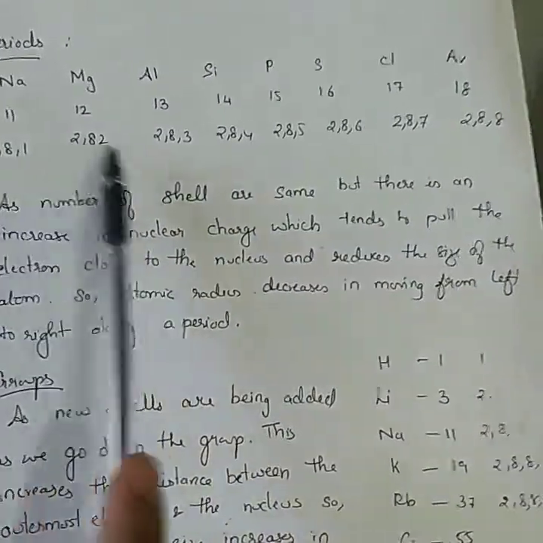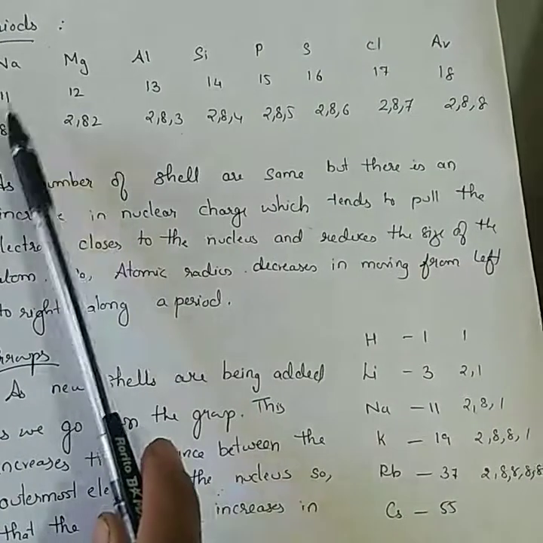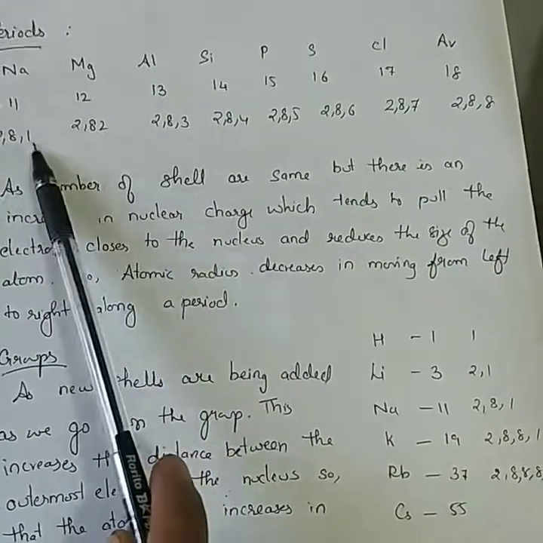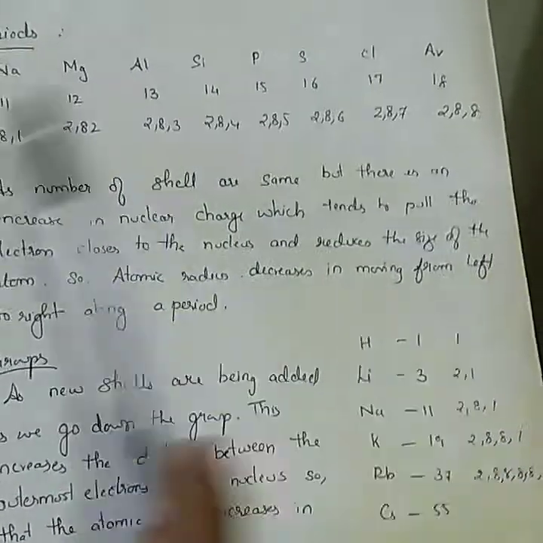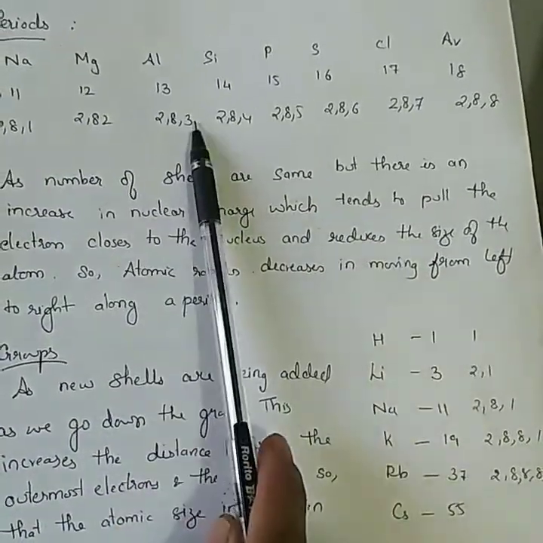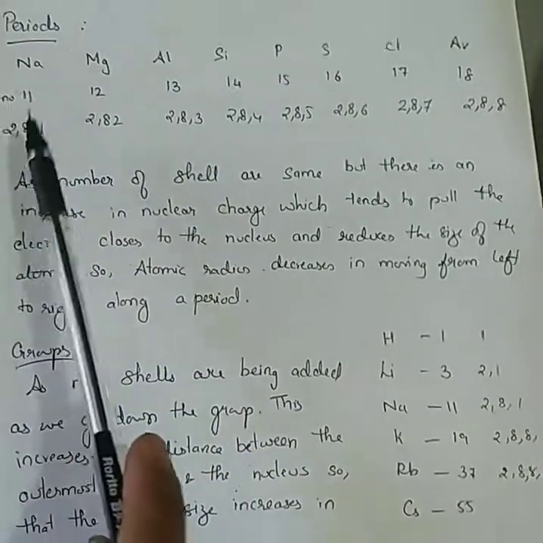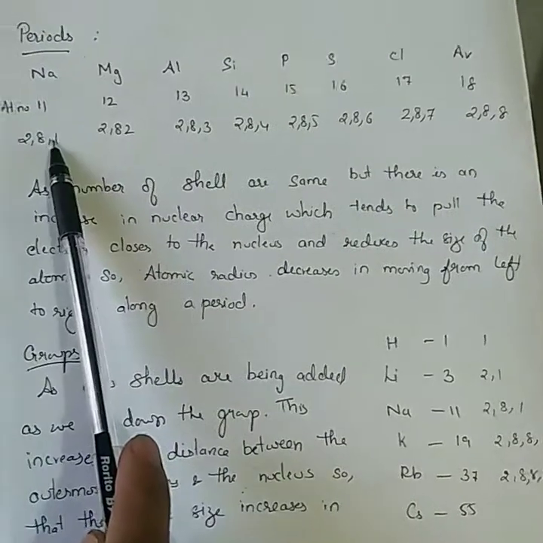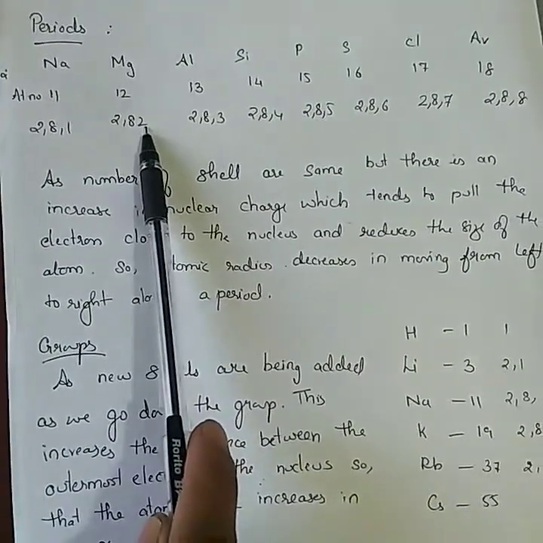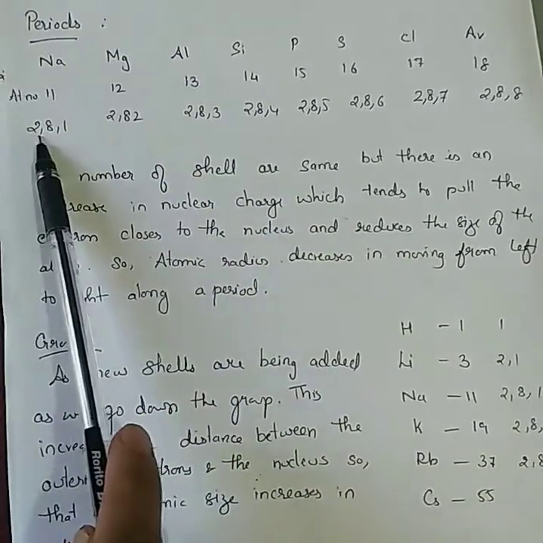See, in the third period, all the elements contain 3 shells. And the electrons are added in the third shell only. 1 electron, 2 electrons, 3 electrons, 4, 5, 6, 7, 8. When the electrons are added to the same shell, what happens? The nucleus forcefully attracts the electrons. See, sodium has 1 valence electron, and magnesium has 2 valence electrons. So the nucleus has to attract the 2 electrons more forcefully than in sodium.